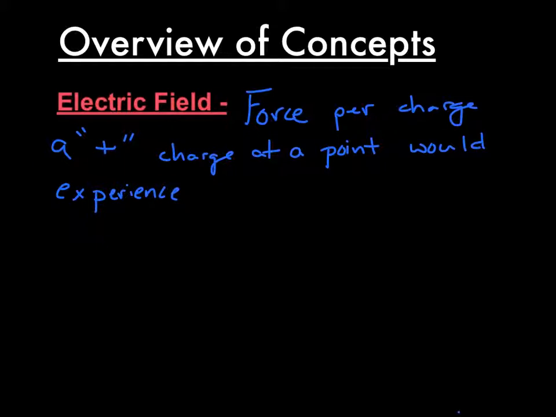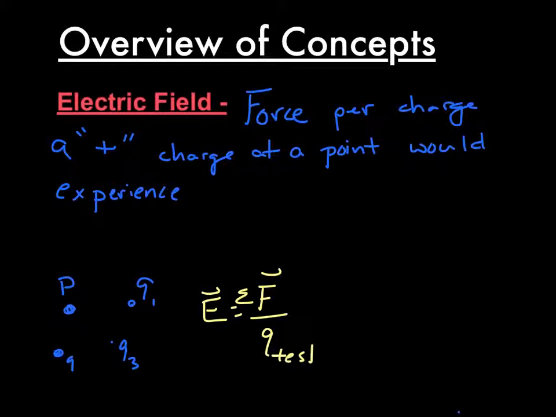Which is to say that if you had a positive charge at some point P, and you have all these other charges, we'll call them Q1, Q2, Q3, the electric field is equal to the force. In this case, you've got more than one, so we'll say the sum of the forces over Q test. This test charge is a hypothetical charge, which would be the charge that you would put right here at point P. So if we expand the forces, it would be the sum of